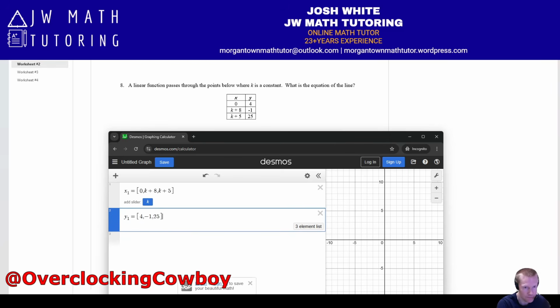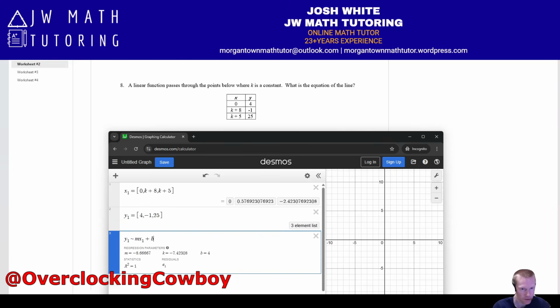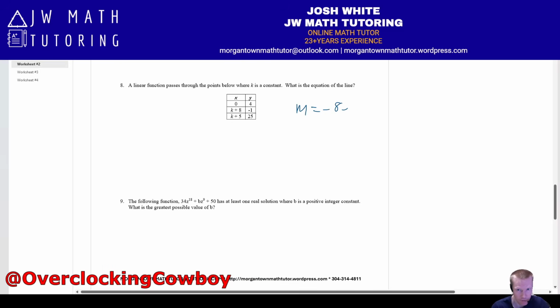And now what we can just do is basic linear regression, y1 tilde m x1 plus b. So notice it finds m, it finds k. We don't need the value of k, but if we did, we could use it there. And it finds b. So it gives us the same slope, which is negative 8 point